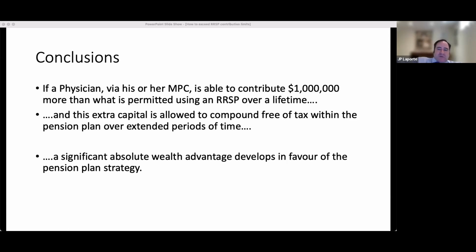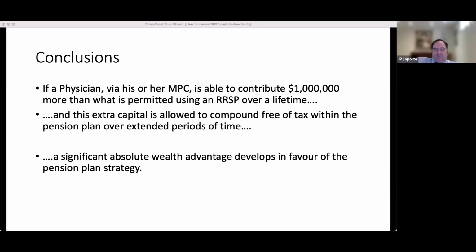And remember Andrew's graph showing the tax grind. Well, if there is no tax grind, that money is there. And so really what's happening is that there's an absolute significant wealth advantage that develops in favor of the pension plan strategy